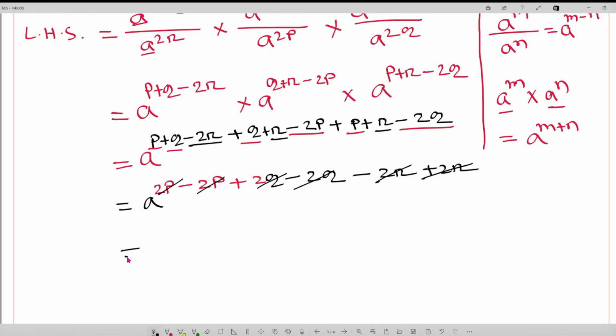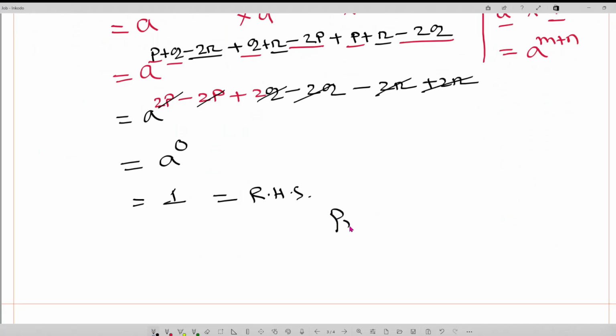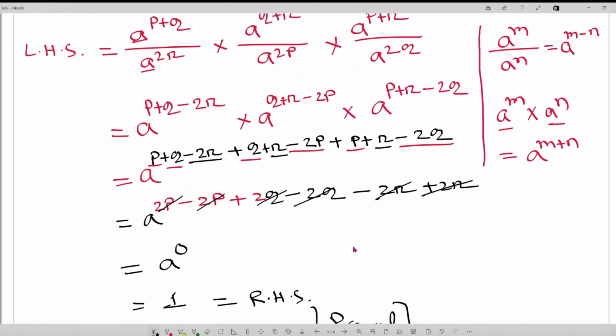So here is nothing, it means a to the power 0. Once the power is 0 for anything, the result will be 1, which is another law of indices. So look, this becomes the right hand side. Now we see the left hand side and right hand side are the same, therefore our answer is right and we prove this. Proved, left hand side equals right hand side. Okay, so the first question answer is done.